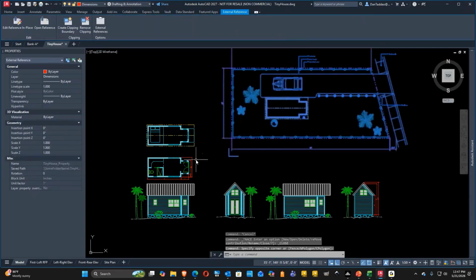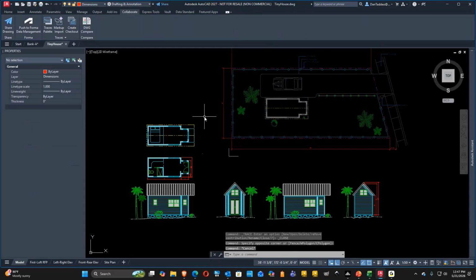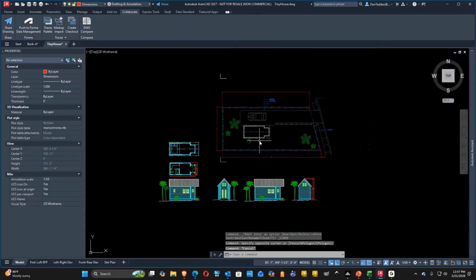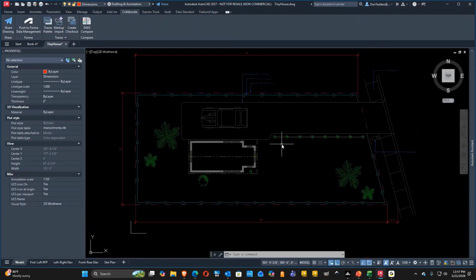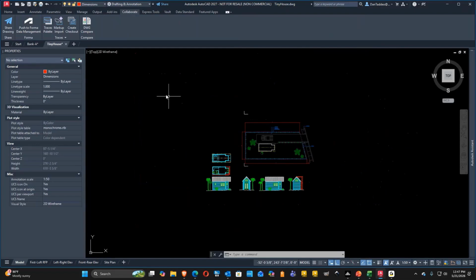This guy right here is an external reference. This item was attached after I created my project, and I put that up onto the Forma Data Management. But then I created this external reference or added it, which is basically the overall site plan, and I simply saved this drawing. The moment that I saved this drawing